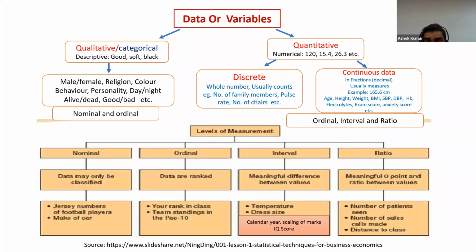So it is also an ordinal scale, but now this scale comes under quantitative. So we have to think about the data, we have to understand the data, then we have to put it as qualitative or quantitative. Interval and ratio are very simple, they come into quantitative variables.